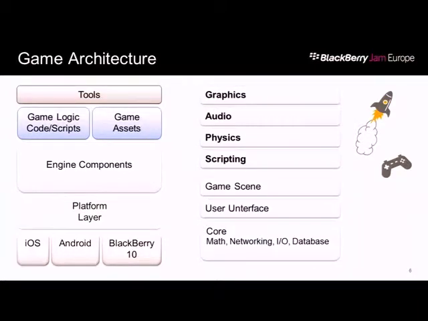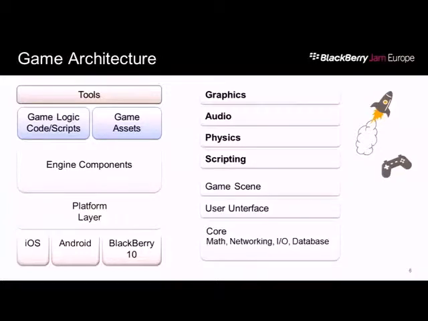And then the areas that I'm not going to really cover because it depends on the game, and I will talk about it in one framework later, but you have your game scene and user interface. Those are two models of data that are usually integrated into your game, and then they'll be built on some core libraries such as math, networking, I/O, that hopefully you can use most of the code cross-platform and potentially only put the abstractions in some of the I/O for opening files and doing things like that.